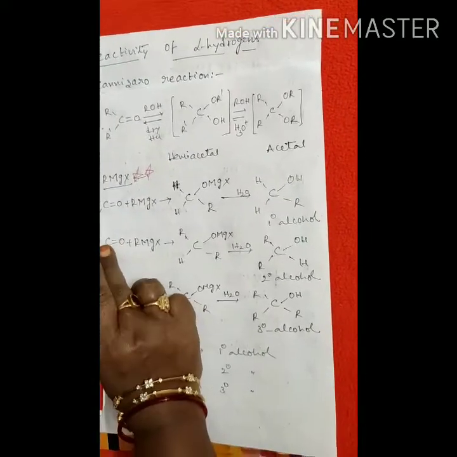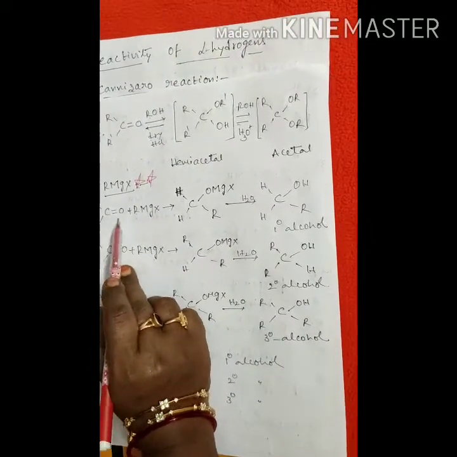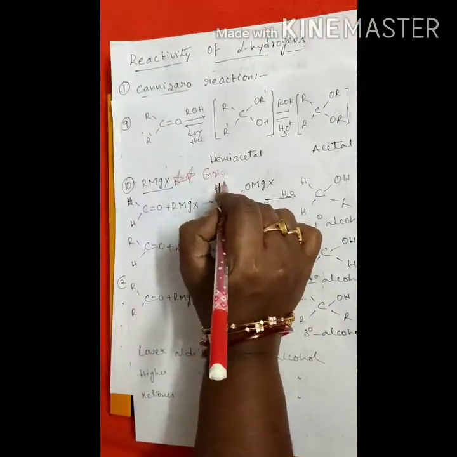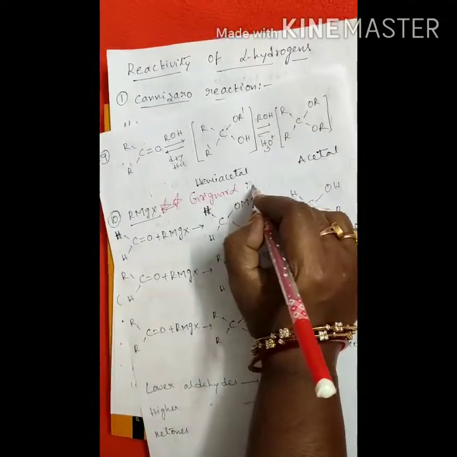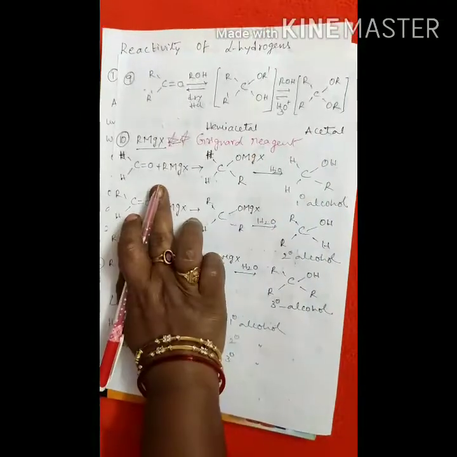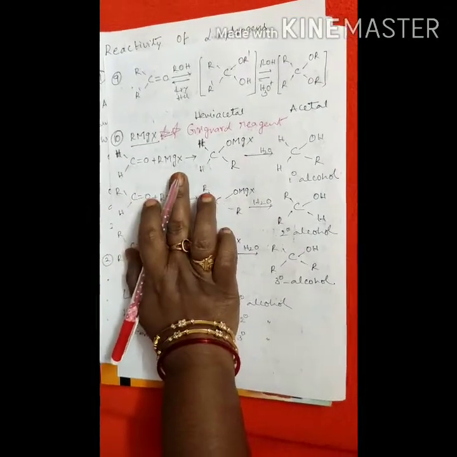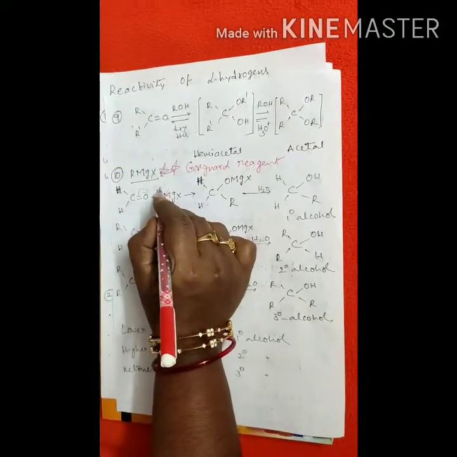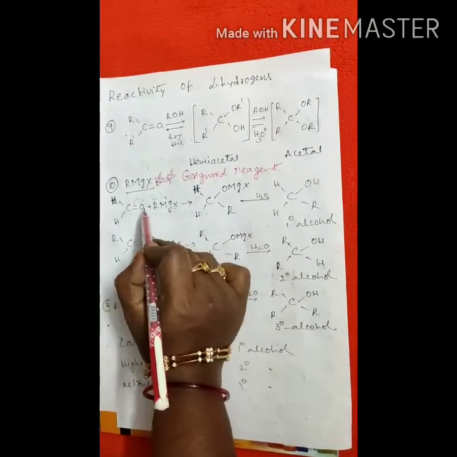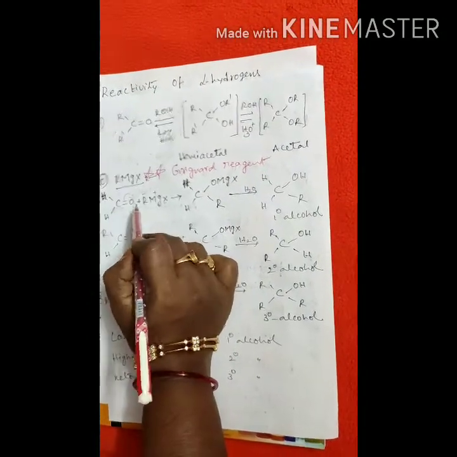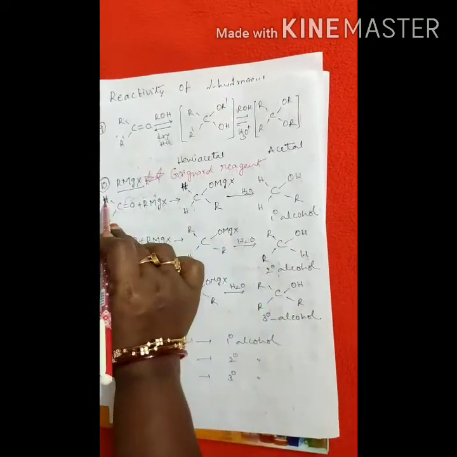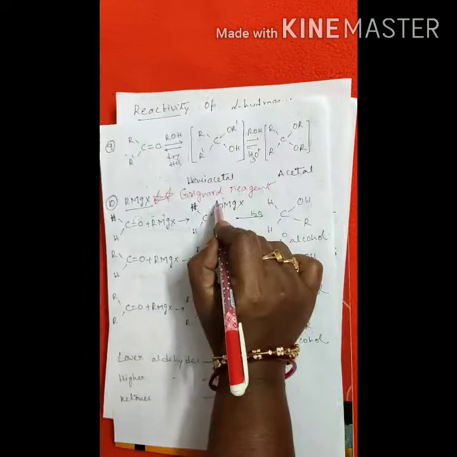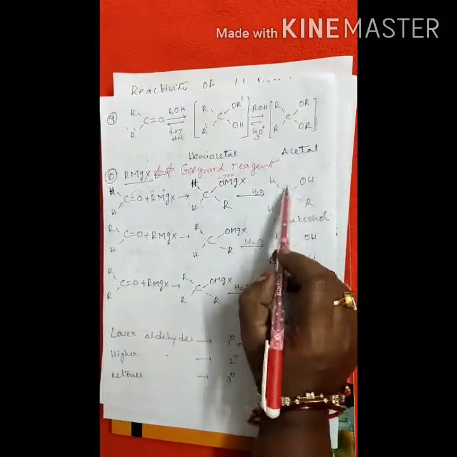Here, this is HCHO, written as C double bond O. RMgX is known as Grignard reagent, alkyl magnesium halides. Here again, O minus and R minus, Mg plus. So MgX goes towards O and R goes towards carbon, giving CH2OMgX with R. When we hydrolyze it with HOH, we get alcohols.